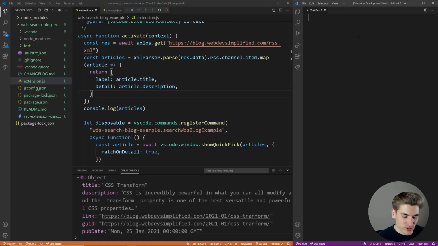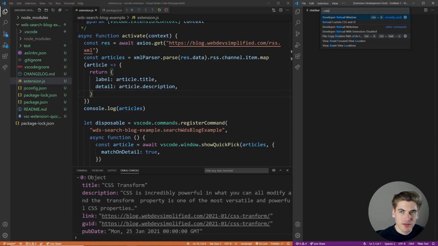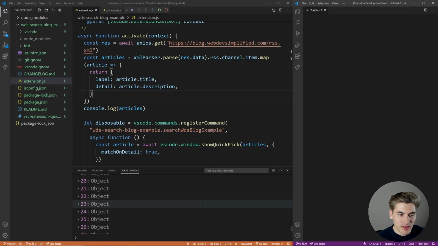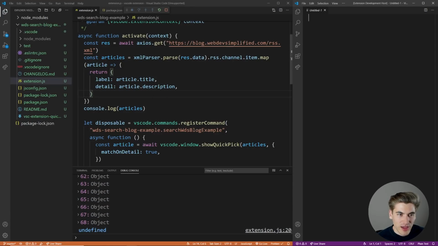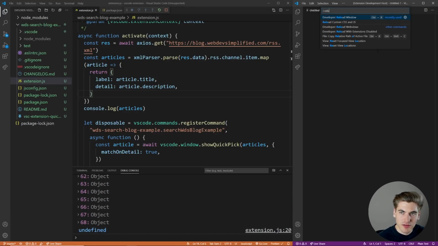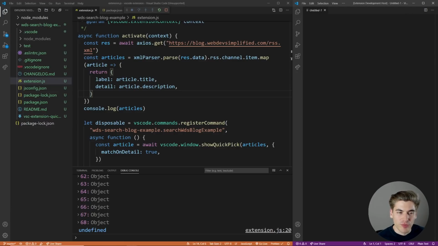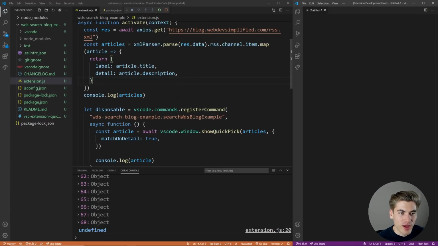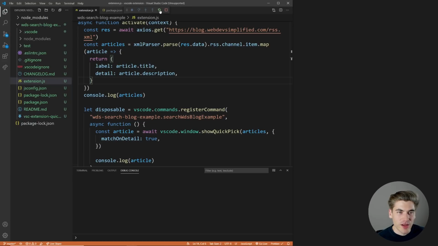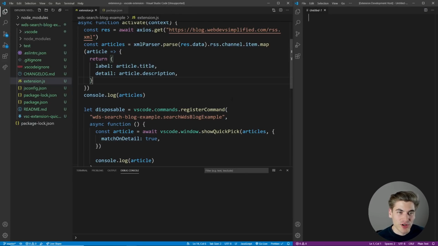And if we just refresh everything by just doing that reload command again, make sure we run this reload window. And of course, this reload window is actually not working. And that's because we're essentially awaiting forever and it never actually returned from here. So let's just try this again, reload window, and it's still not working. So we kind of broke things by freezing everything up and waiting forever. Let's just do a hard reset right here. That's essentially the same thing as refreshing the window.